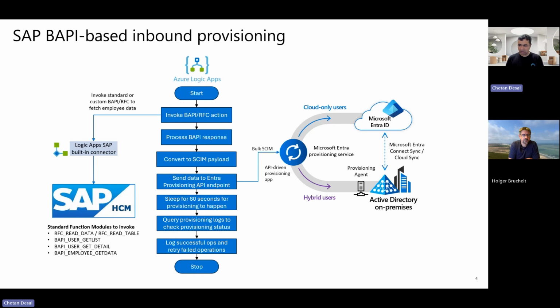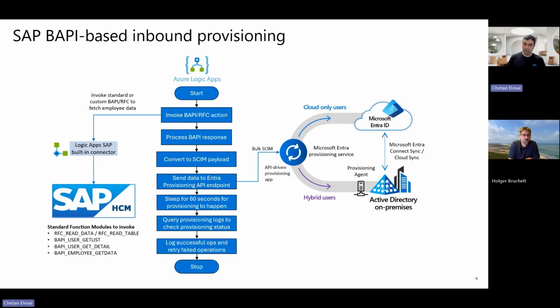Logic Apps provides all those transformation mechanisms, so you can extract the specific attributes from your BAPI response, create the SCIM payload, and send the data to the provisioning API endpoint. One more thing we recommend as a best practice: once you send the data, because it is asynchronously processed, we recommend that you have a sleep timer of 60 seconds or so to make sure that the provisioning is complete.